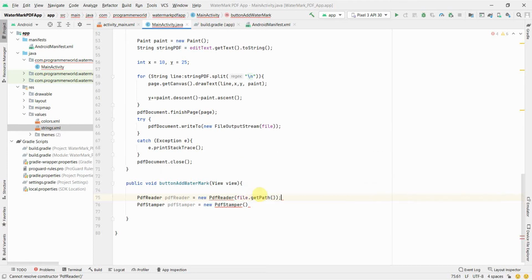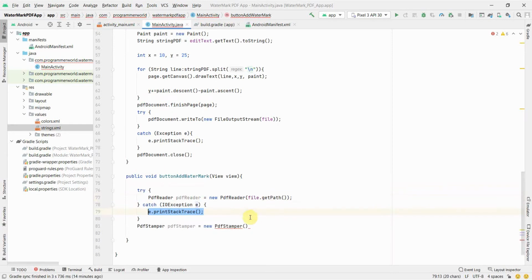So this will take care of this, and it's prompting some error. So if I press alt enter, it's asking me, okay, there is always a chance of IO exceptions whenever you are reading a particular file. To be on the safer side, we'll surround it using try catch, so that if there is any exception it gets caught. And in fact we'll keep the complete code inside this try block.